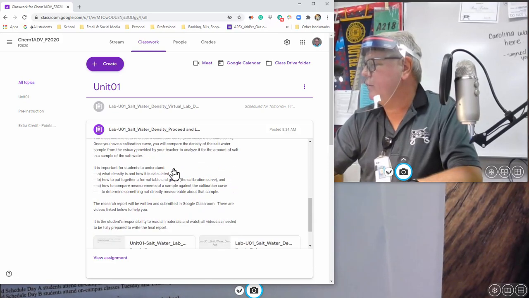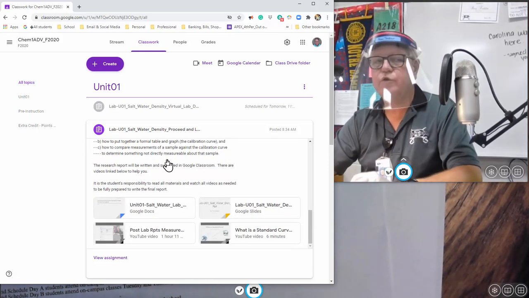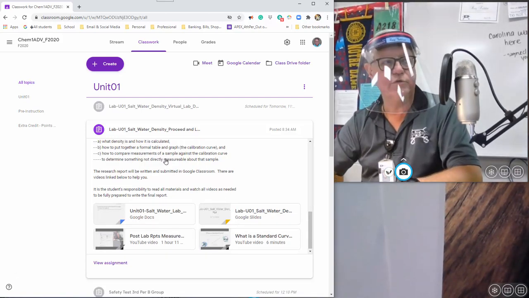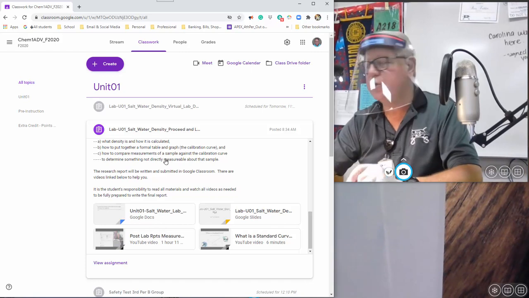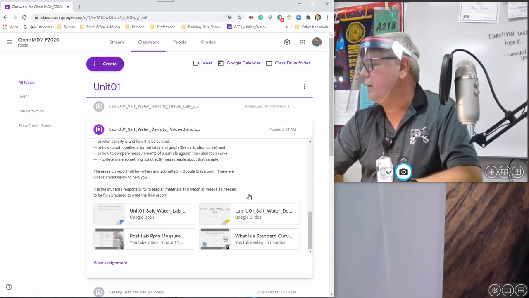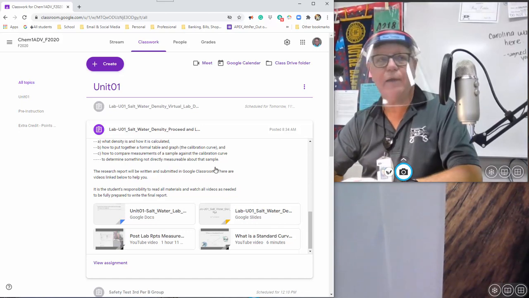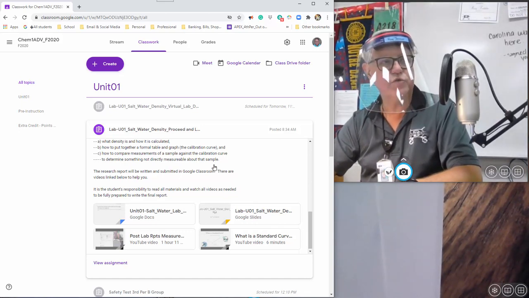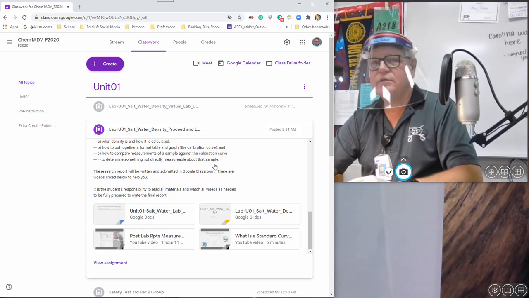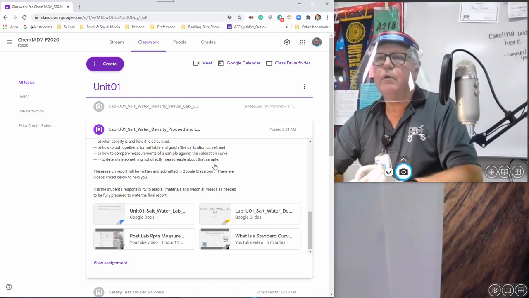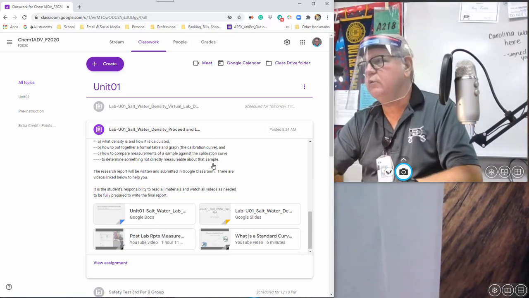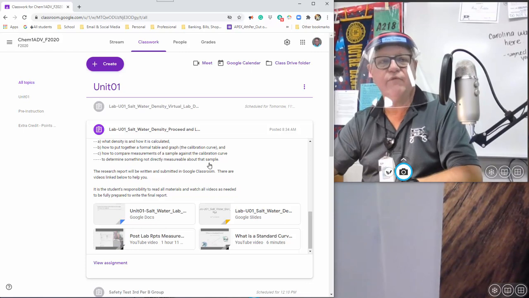And then it tells you in here you're going to develop a set of procedures. You're going to propose a set of procedures that will accomplish the goal of this lab. That makes sense? Okay. That doesn't mean that you're going to have the right procedures or that your procedures won't work. But that's the way science works. In the sciences, we design experiments all the time, and when we get into it, we find, oh, there's a problem here. We got to revise things.